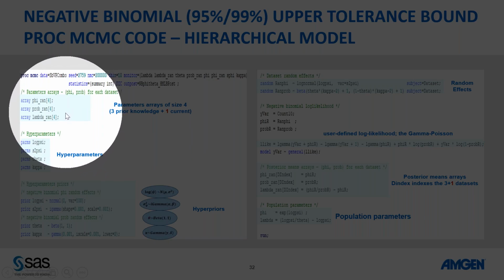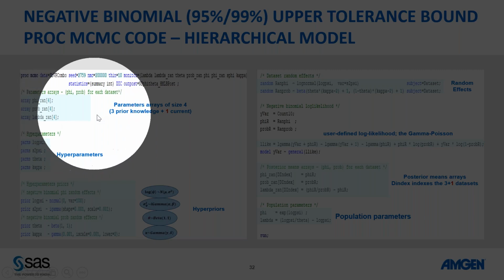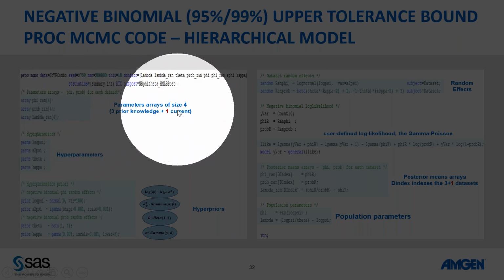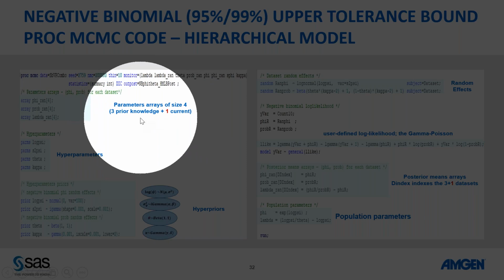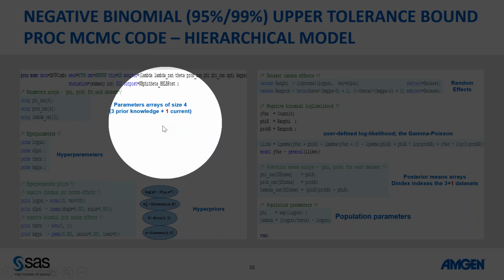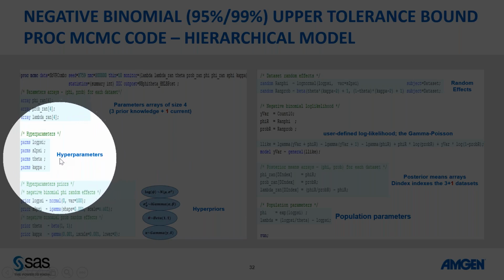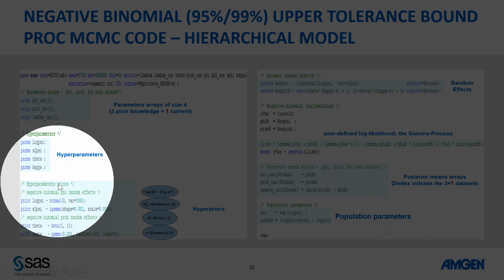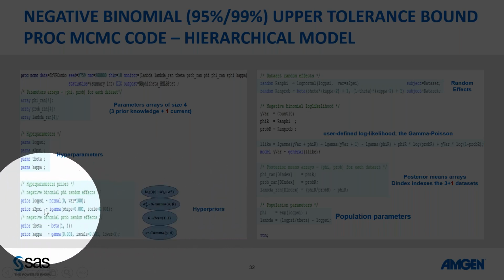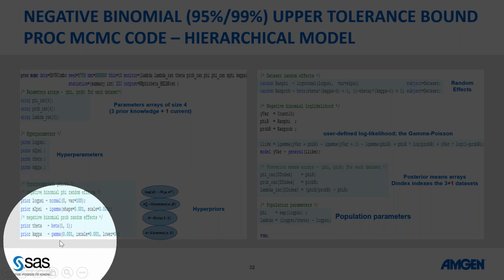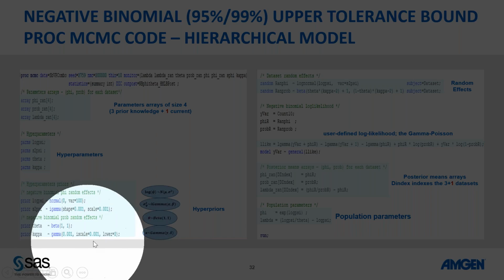Okay, so these are the parameters array of the phi, prob, and the lambda arrays for these things, and then each have the size 4 because they represent the 3 prior and 4 data sets. That's in essence what those are. And then the hyperparameters are the log psi, S2 psi, and the theta and the kappa. So 2 of them are for random effects phi, and 2 of them are for random effects pi. And you can see that the next four lines represent the prior distributions, the normal, the inverse gamma, and the beta for theta, and then the gamma for the kappa prior.